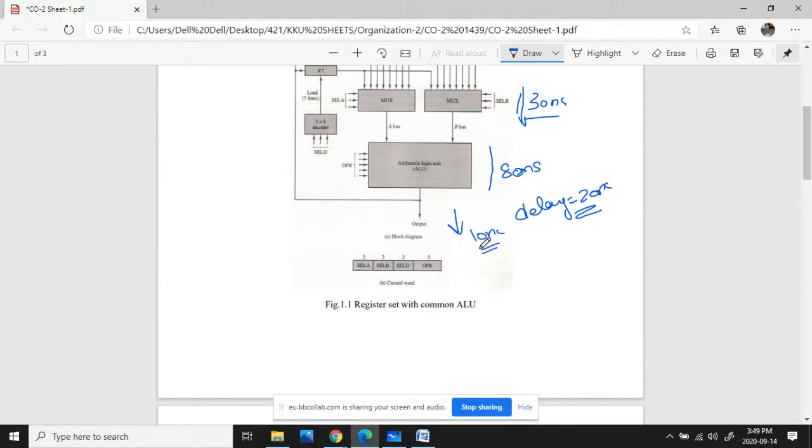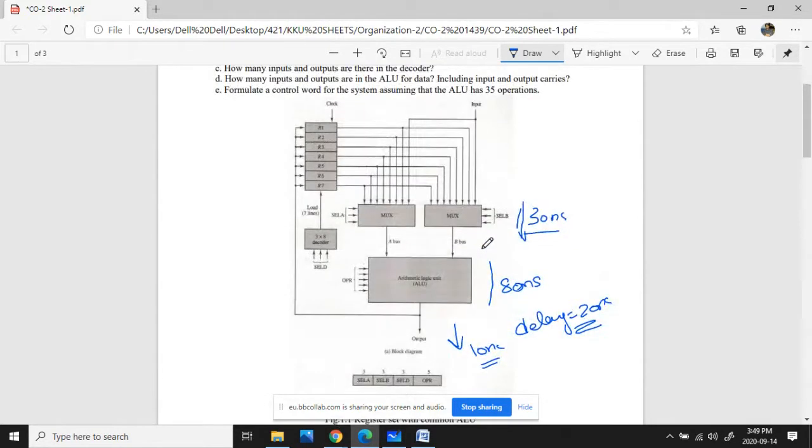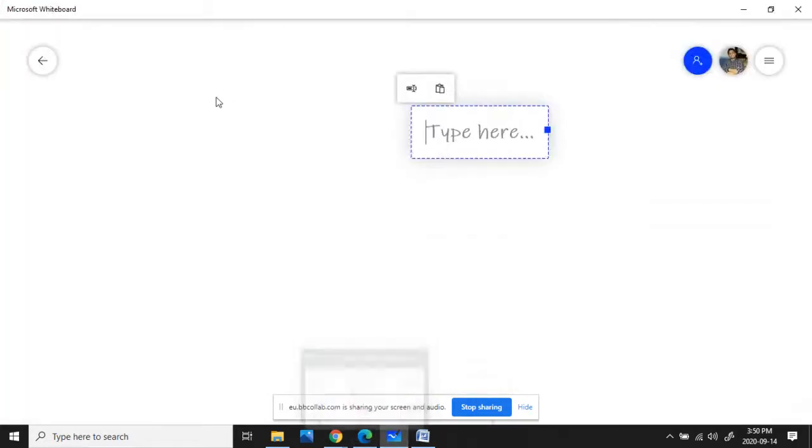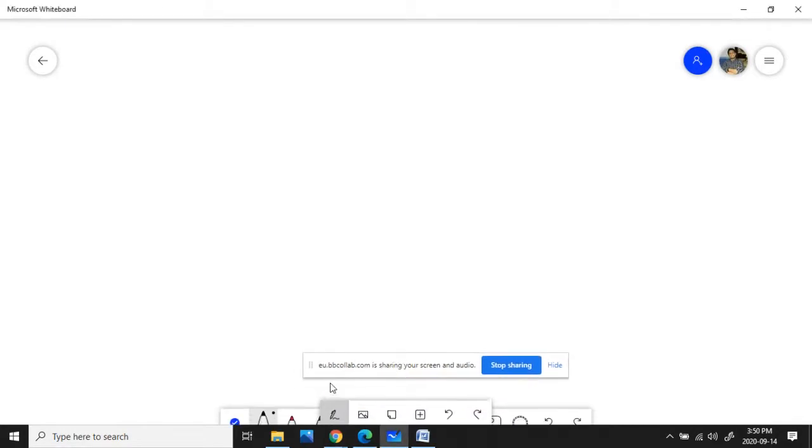Okay, so it is clearly understood that there are some delay times. Okay, so let me write it clearly. So the first thing is given as